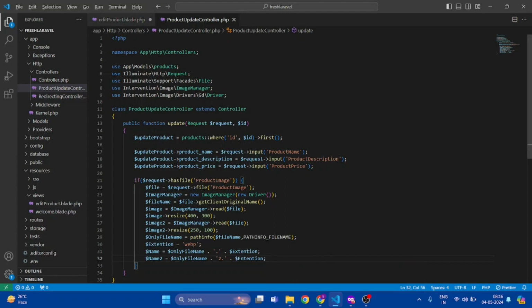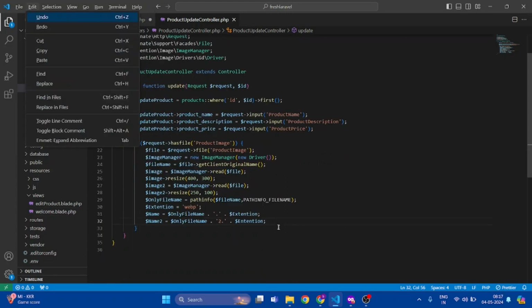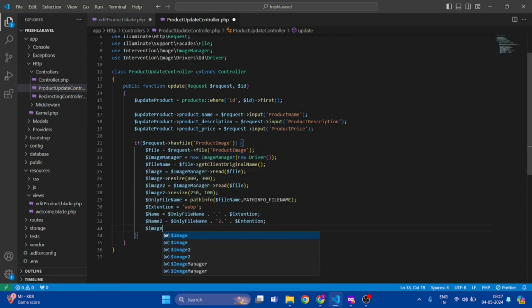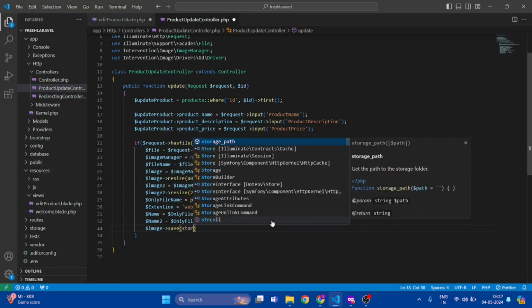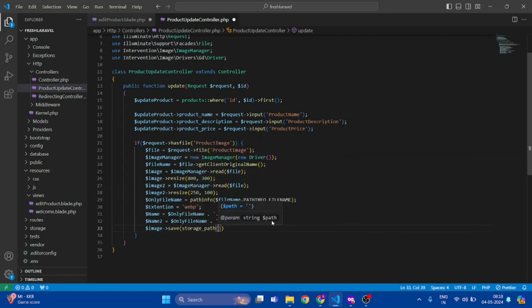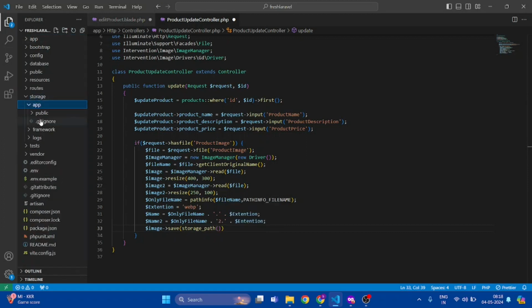And now we will be saving our image over the server. Okay. Now what I want is to save our image, so we are going to use the save function. And as you know, I have created a folder in the storage folder in our Laravel application here. You can see it: app, public, and here we have a folder products. I want to save the related image that the user has uploaded in the form in the same folder in the storage, which is going to be acting as